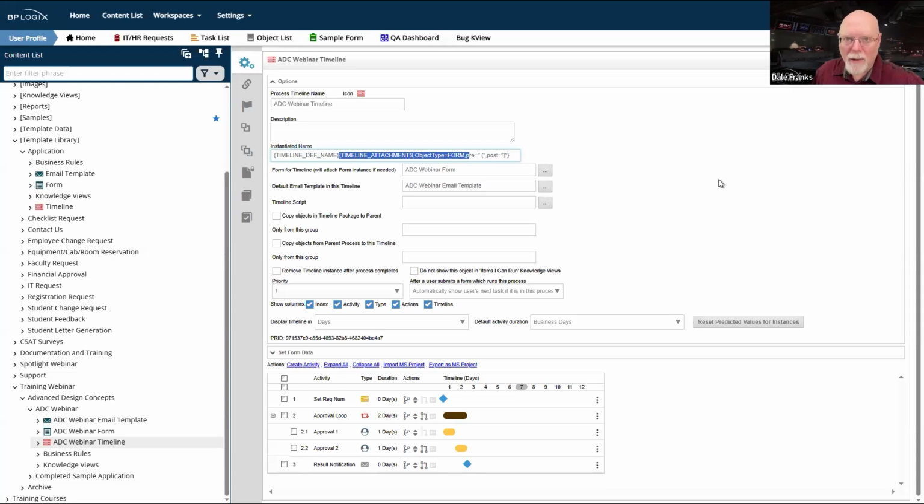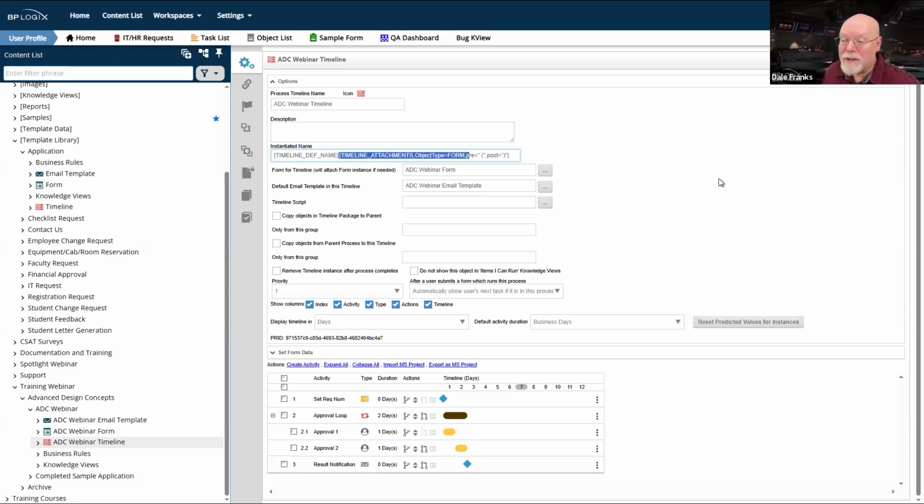Conversely, whenever you're talking about implementers or system administrators, you often want to show them timeline instances because that's where they're going to need to go to do any sort of troubleshooting in case something goes off the rails in a process, it goes into an error state or whatever. So you're going to want to give them names that are useful as well.